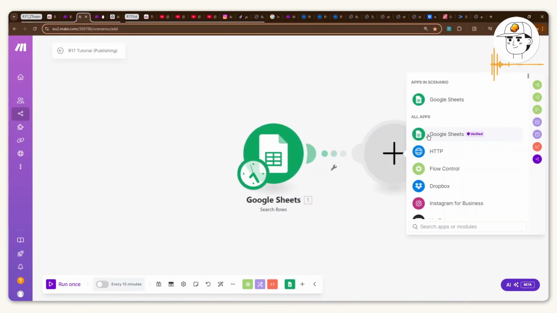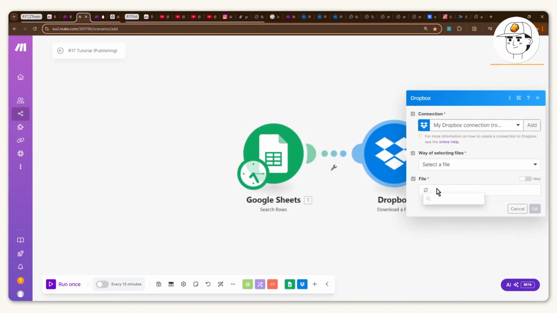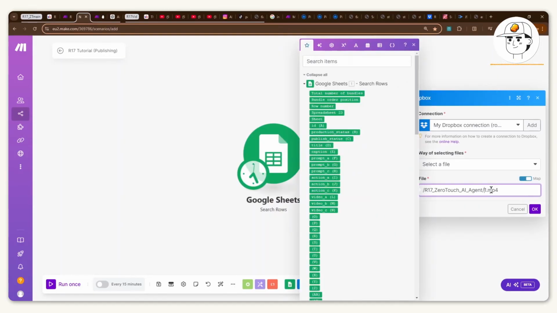And click on OK. Then next, you obviously need to get the video so that you can upload it. So just find the Dropbox download the file module, click on select a file, and then for the file itself, just find it on where production agency has put it and select that one accordingly. In my case, it's this one, 1.mp4. But what you actually want to do is click on map. Instead of having a fixed value of 1, you just delete that and map it back to the ID